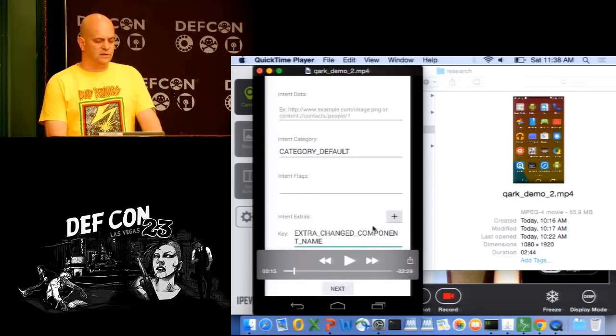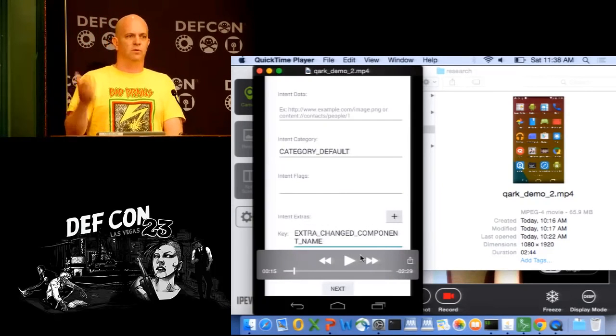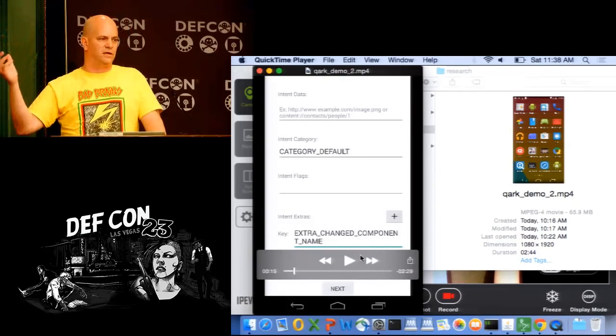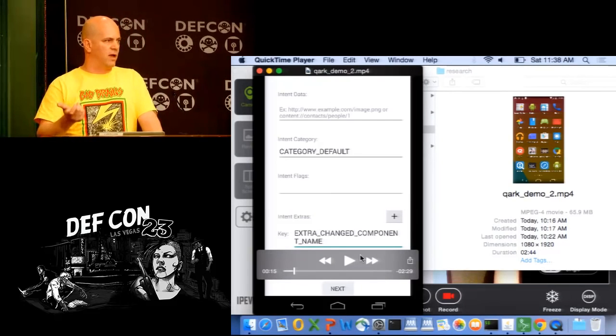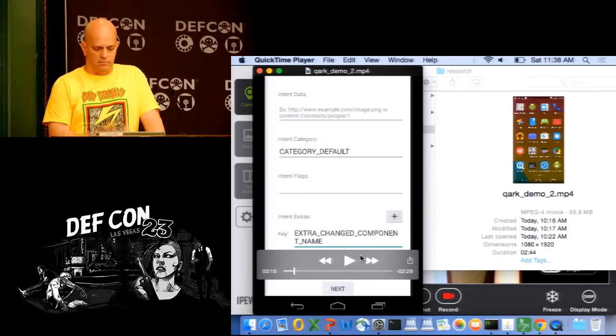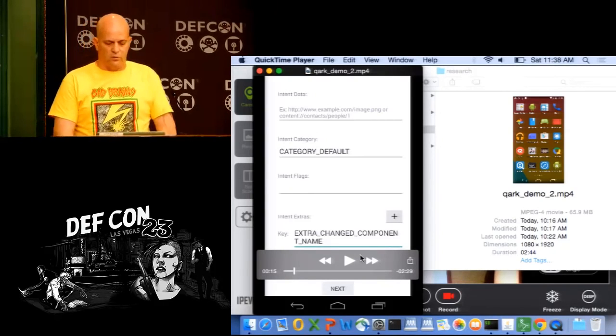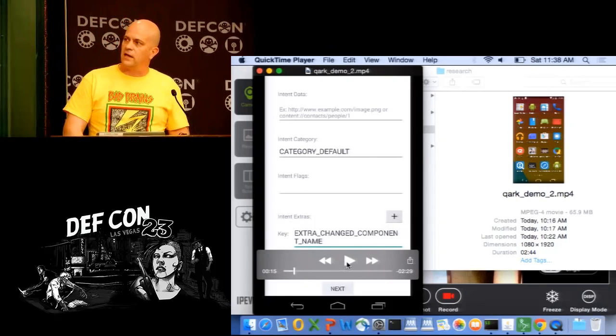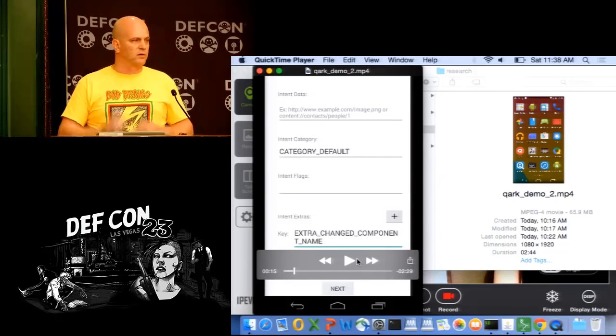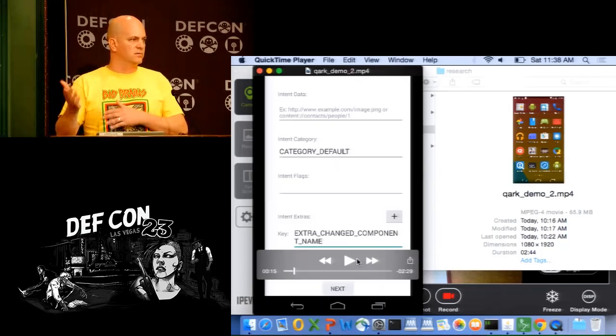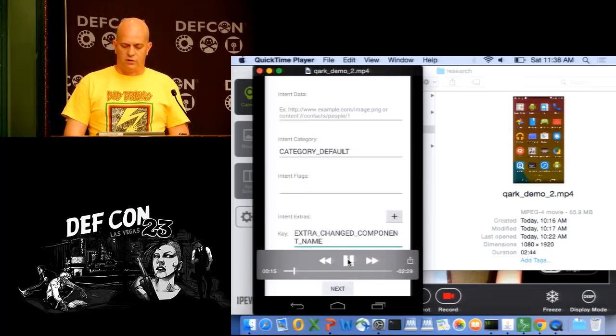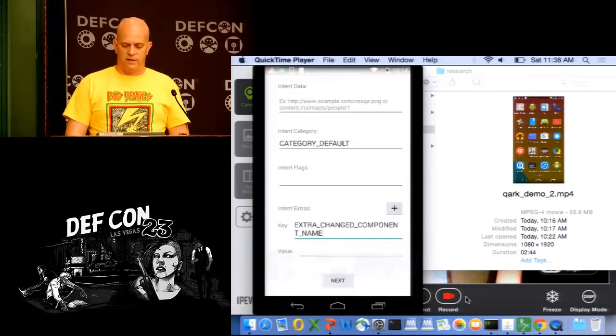On the bottom, we have this intent extras section. So we will list out any intent extras that we were able to scrape out of the application in the report, so that you can play around with them, and then you can go ahead and put them in here, and then try different values to go with them. If you need more, you press a little plus sign there, and it'll create another key value pair set that you can add to the extra. Once you're all done, you click the next button at the bottom there,